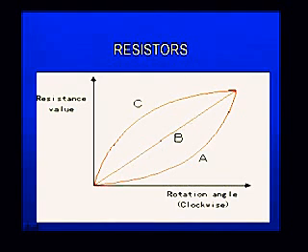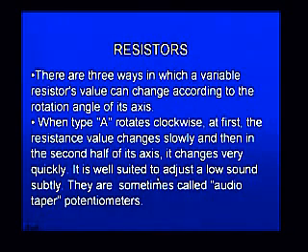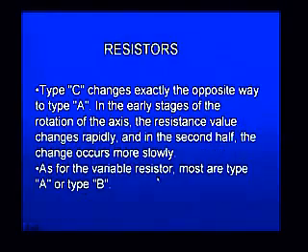This is called a linear potentiometer. Whereas the curve corresponding to A shows that initially the resistance varies very slowly, and then the resistance varies very fast with large values. In the case of C, it is the other way about. First the resistance changes very rapidly by large values, and as I come to larger angles, you find the resistance changes very slowly. All three types are there, but most of the time we use only A and B in